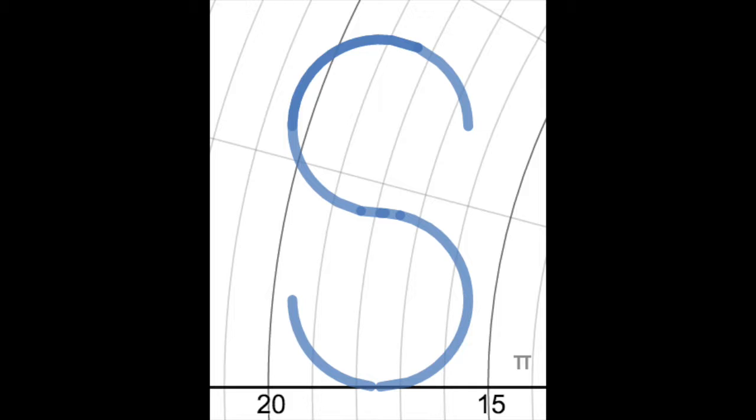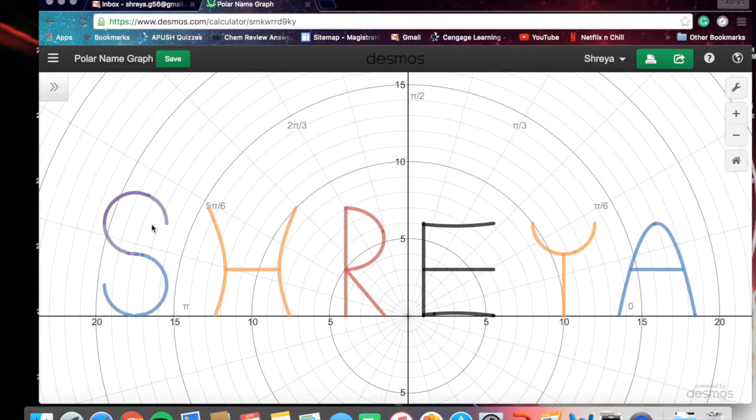The first conic I would like to discuss is the circle. I use circles in both my S and my Y. The S is made up of 4 circles, 2 circles sharing a center, and the other 2 sharing a center below it. I use different restrictions on r sine theta and r cosine theta so it would have a smooth